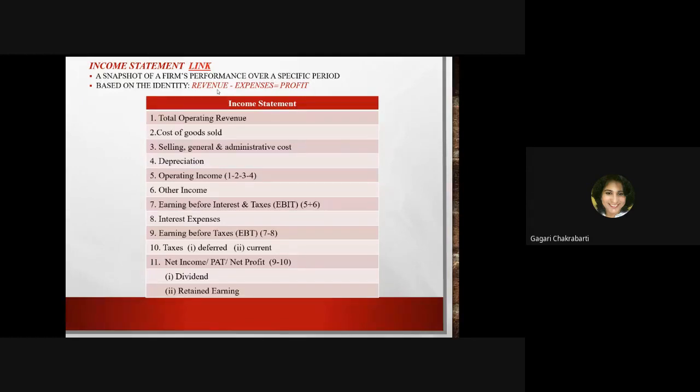Okay. So now move on to the income statement. From the income statement, we first report the total operating